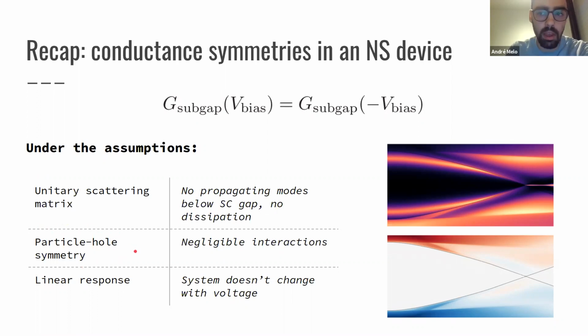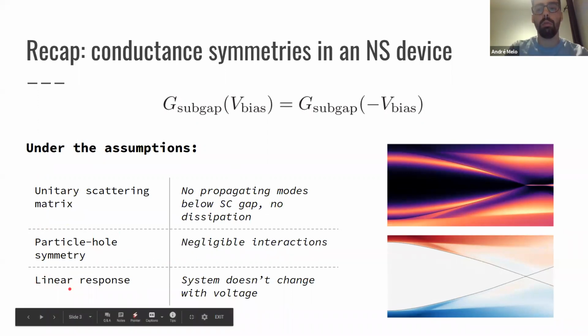This, in a sense, is an exact symmetry if the interactions are negligible in the system. So as long as the mean field Bogoliubov-de Gennes picture applies, this is an exact symmetry. And thirdly, and this is the assumption that we're going to be looking at, we assume our system is in